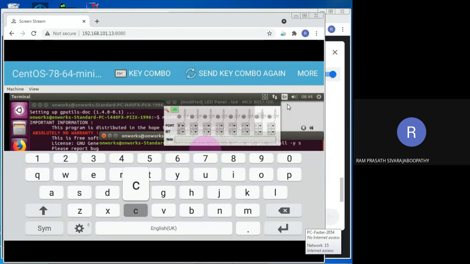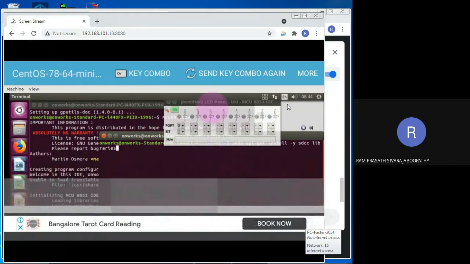That's the thing we have to type. That's it. Okay, fine. So I will show the entire thing that I have typed.